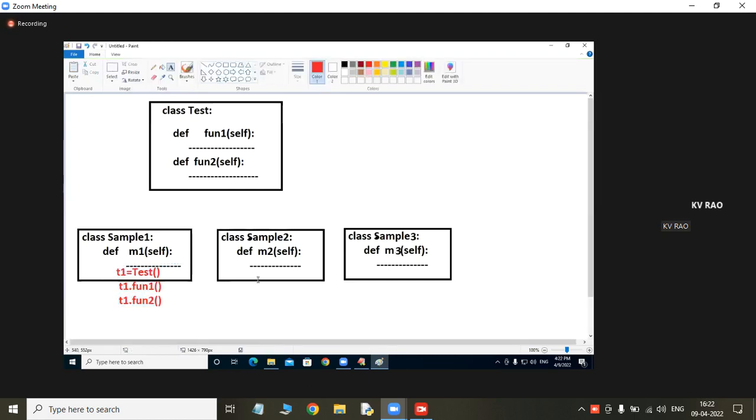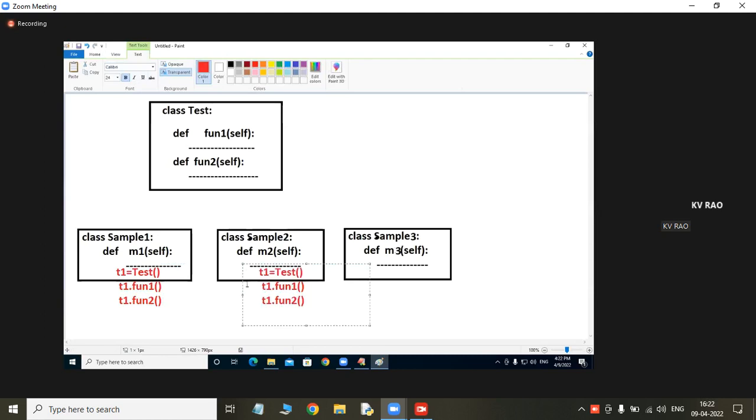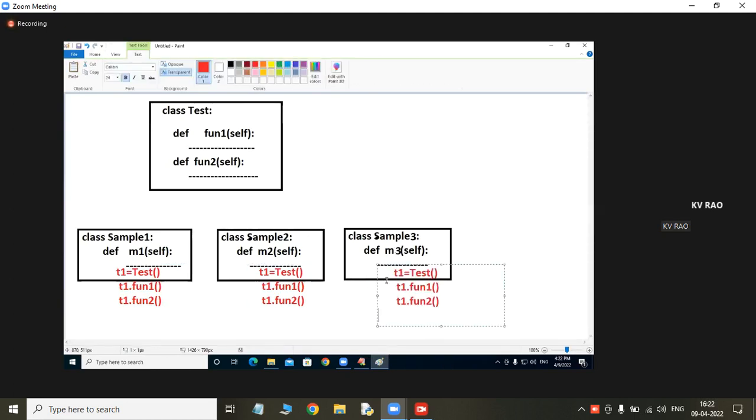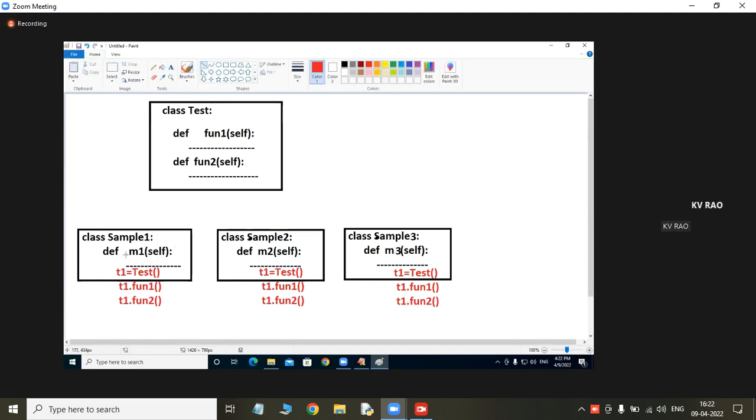So let us go to this place also. There also you are creating again. Is it not called a waste of memory space? Come on, quickly try to understand. Is it not a waste of memory space? Three times I created an object of which class? Test class. It is unnecessarily taking memory space for the test class again and again. I don't want this memory space to be taken these many times. How many times do I want to take it? Only one time. For that, we will apply today